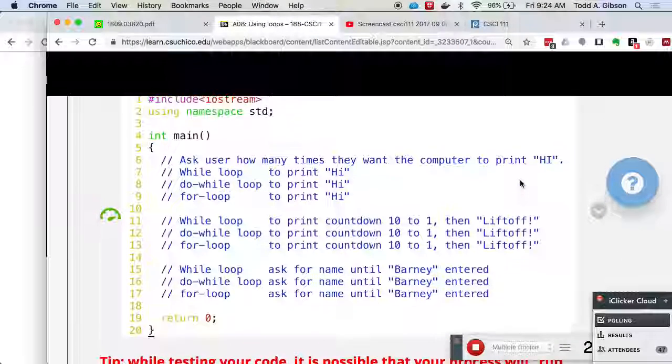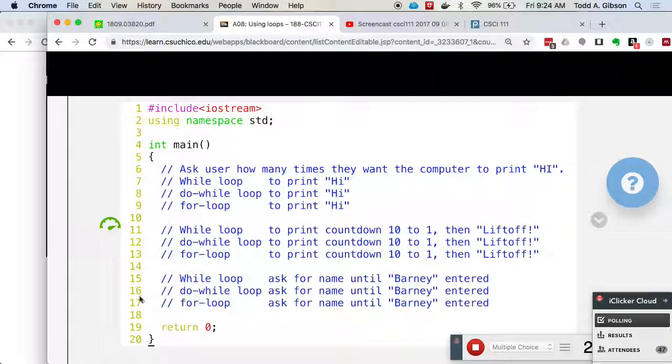Now, I actually pasted this in early this morning because I always get questions, well, do I create 9 different programs? No, I kind of want it the way you see it here, just one big program that exercises basically 9 loops, each of the 3 different loops for the 3 different tasks. Okay.